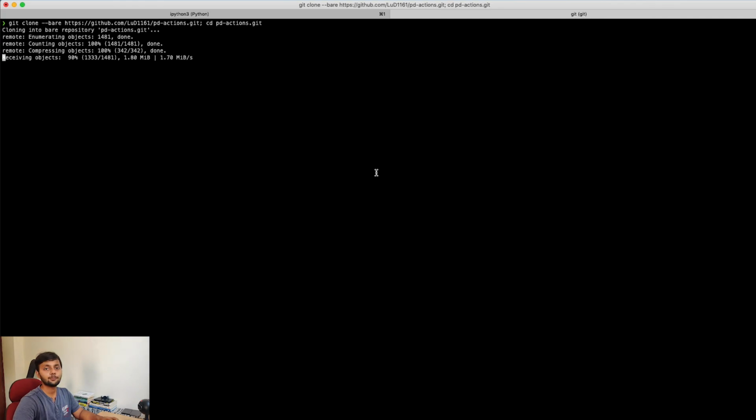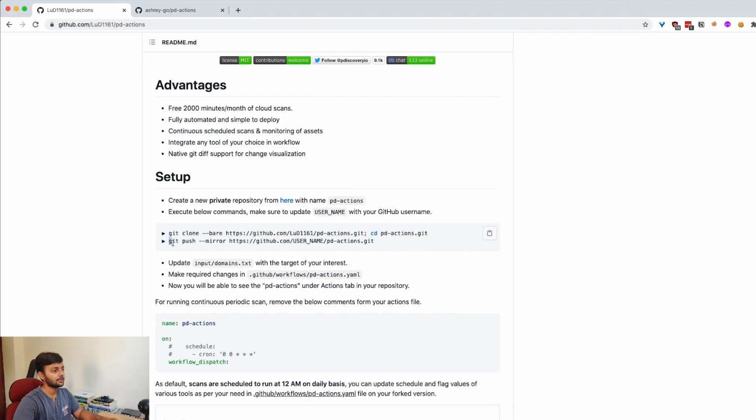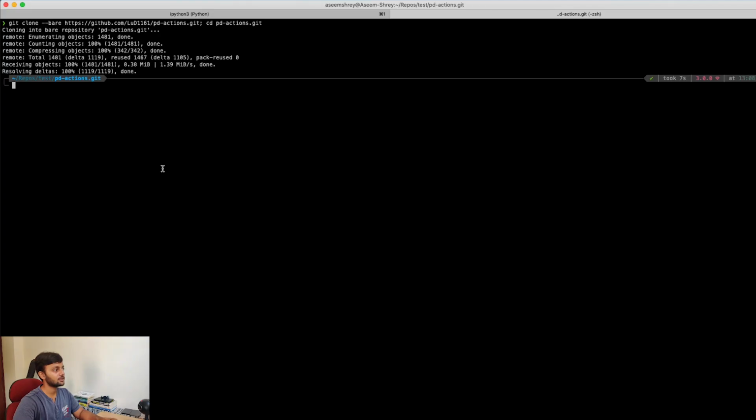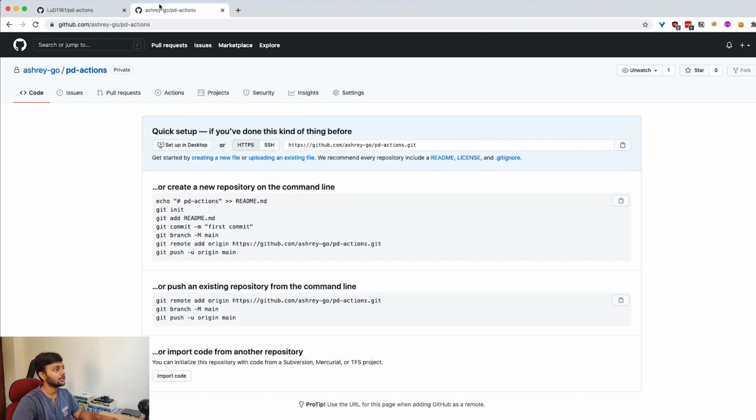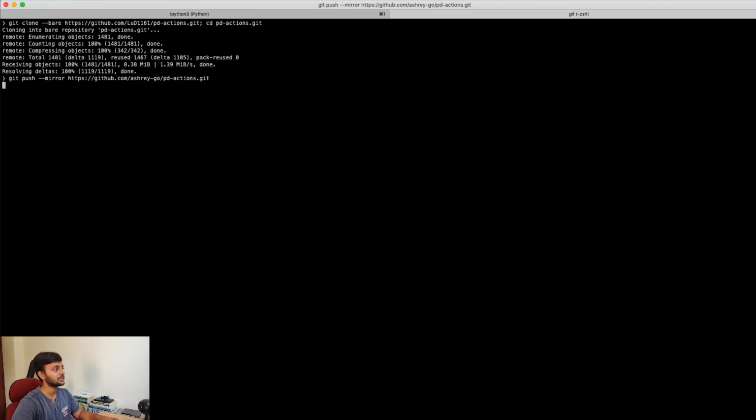So this is cloning a bare repository. This is not the actual repository. So just wait and watch. And git push mirror pd actions.git. So here just change the username to yours. And because the repo name is again PD Actions, the private repo, it would remain the same. So once I do this,